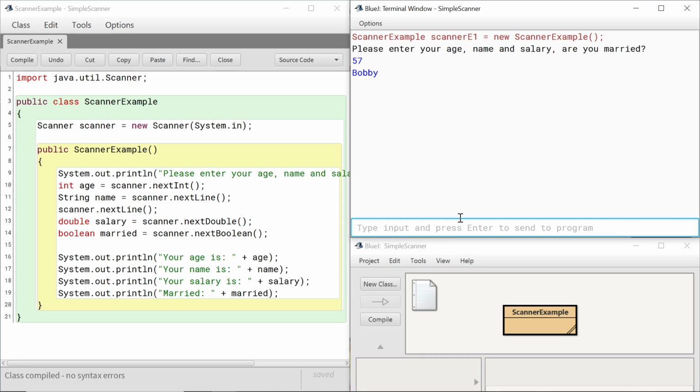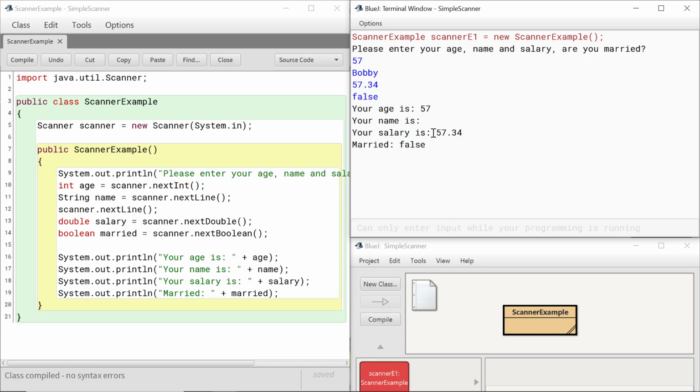Bobby. There we go, guys. Sometimes the scanner does skip lines, and to solve that issue, you just write scanner.nextLine around where it's going to skip a line. So salary, as I've done here, salary is £57.34, and married, false. There we go, guys. Your age is 57. Your name is